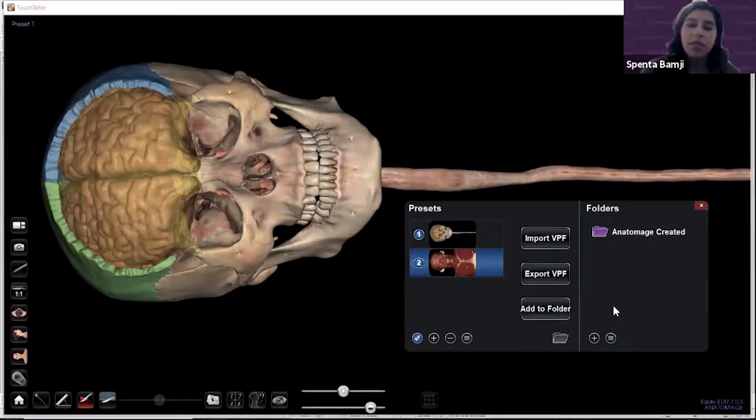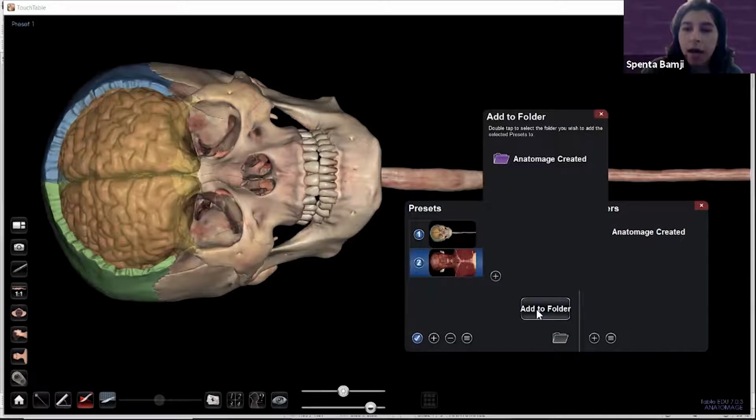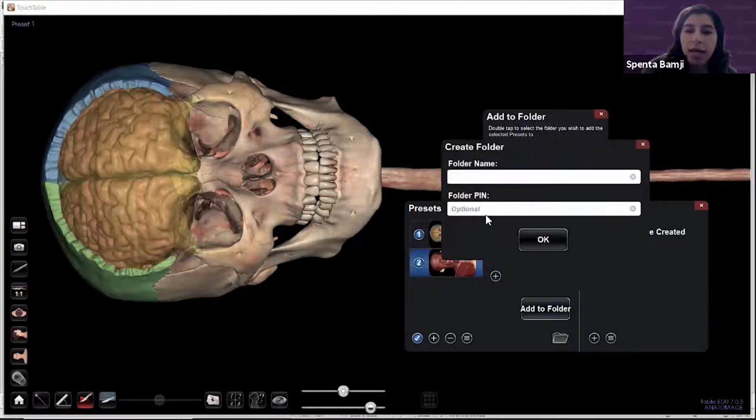You can also save it directly to table by the add to folder icon. Here we have one folder that's Anatomage created. That's already going to be presets that you can take a look through as well. They can't be adjusted, but you can save a new preset based off of how you want to adjust those structures. If I want to just save these 2 right here, I can go ahead and hit this addition icon,